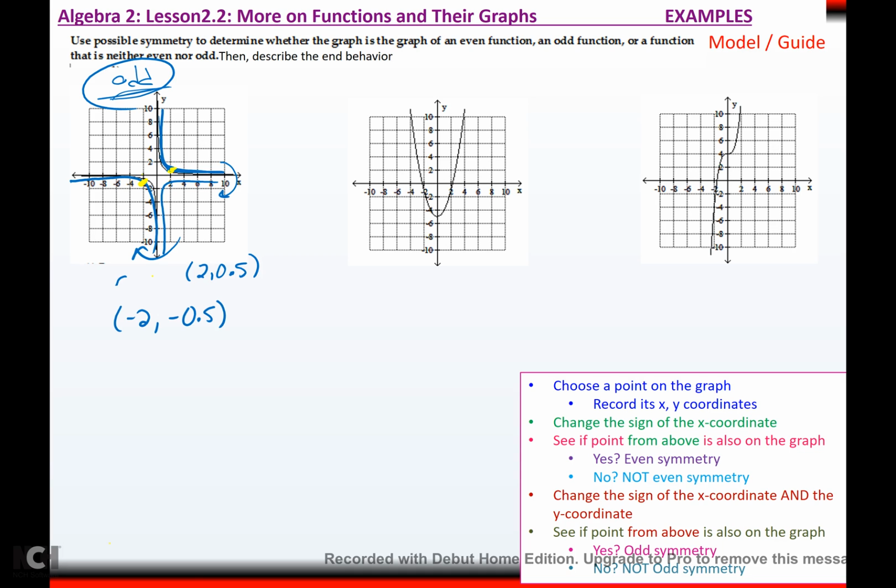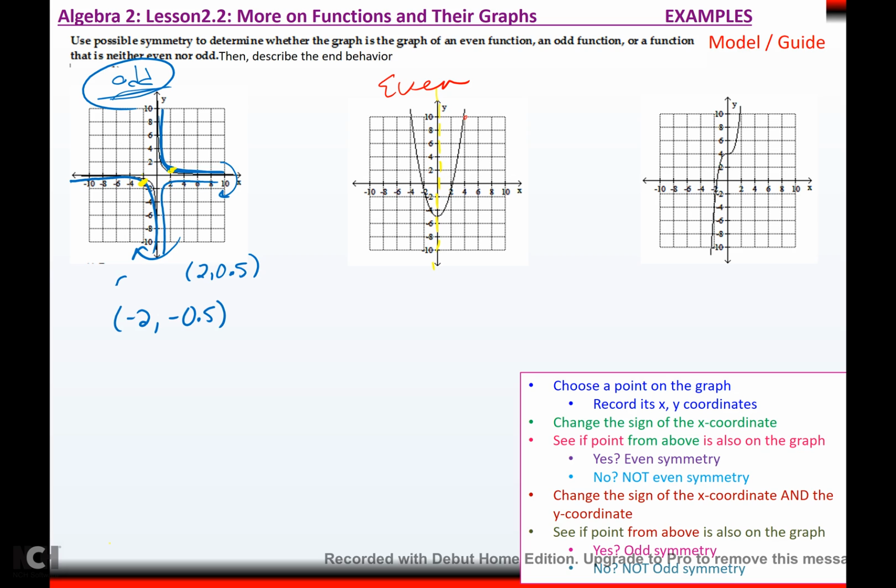Okay, again, on B, the y-axis is cutting the parabola in half. When your y-axis splits your picture in half, I promise that's even symmetry. To check it with a point like they want us to, I can pick any point I want. How about I pick, let's pick 4,